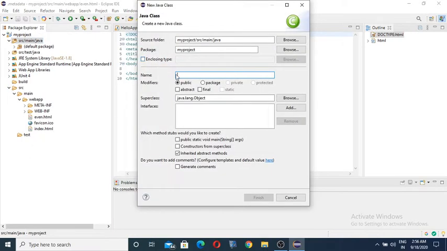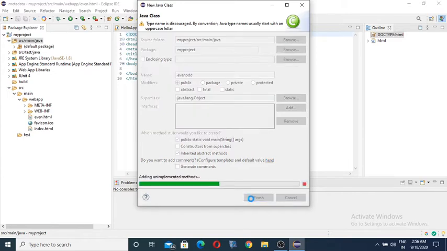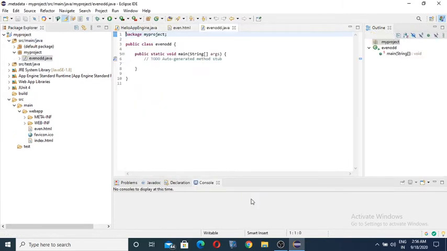I can give the name for this one: even odd. I can check that program, EvenOdd.java. You can give a Java program with public static void main. You can tick that, and this is the source code, my source folder, my project. In source main Java we get that EvenOdd.java program. It will be created like this in my project, source, main, Java.